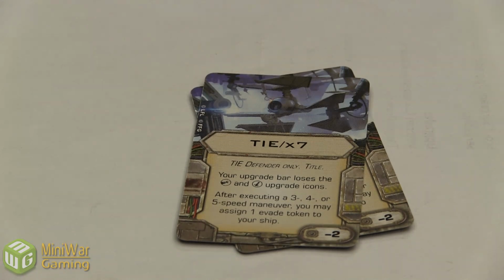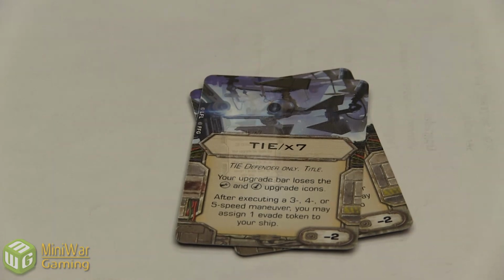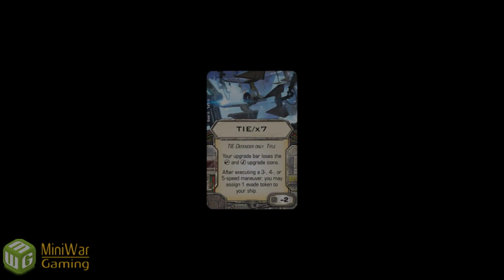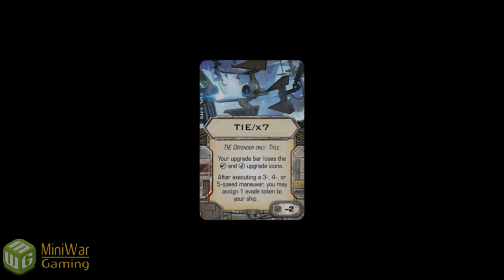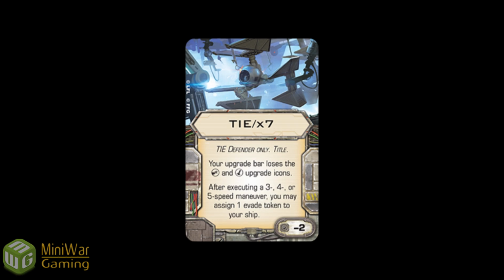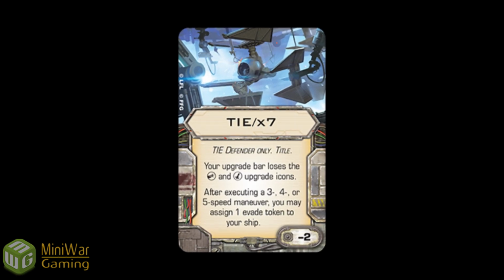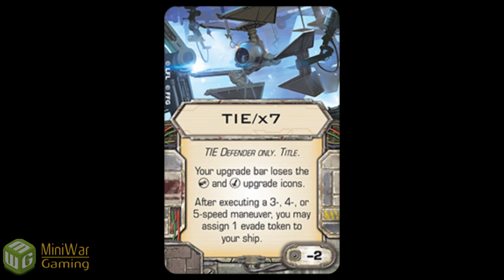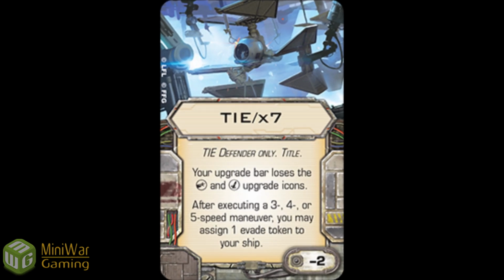So first up is the TIE x7. We'll call this the Josh upgrade. So you lose the cannon and the missile upgrade icons. But again, I think the only secondary weapon I use normally on a regular basis is a heavy laser cannon. Yeah, lots of people don't use secondary weapons. I like using them. Yep. So I would be a bit sad about it, but the